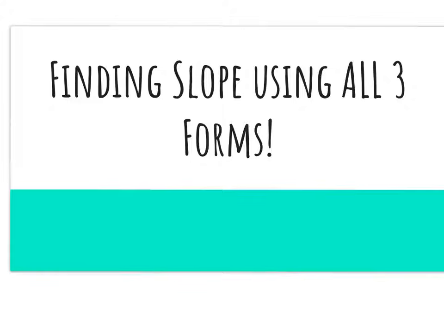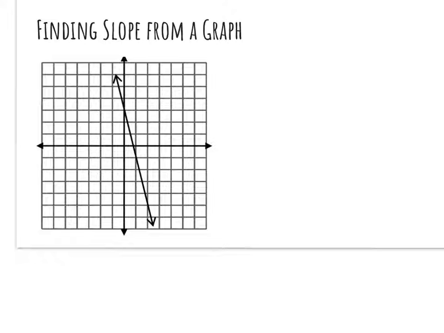Finding slope using all three forms. The very first form we're going to talk about is finding slope from a graph. We talked about earlier that in order to find slope from a graph, we need to find the change